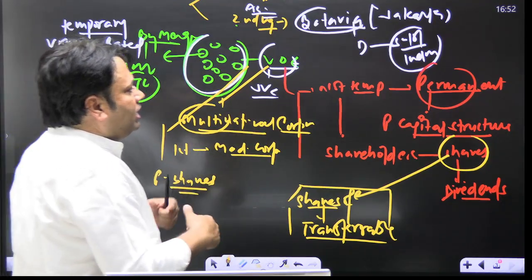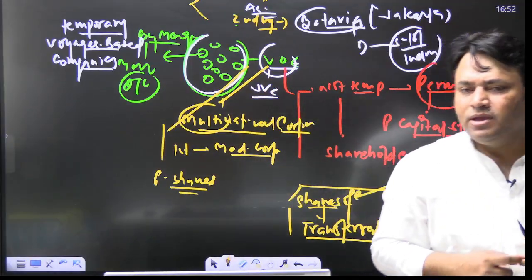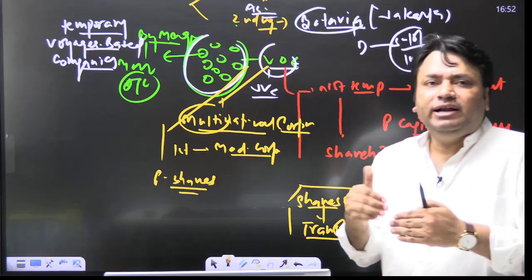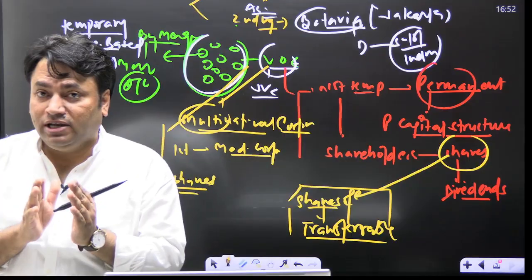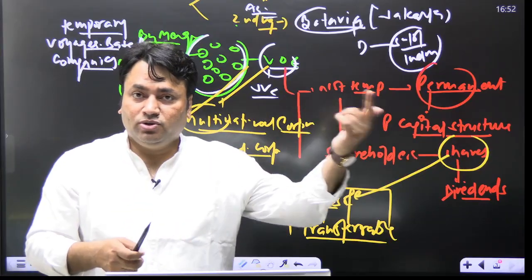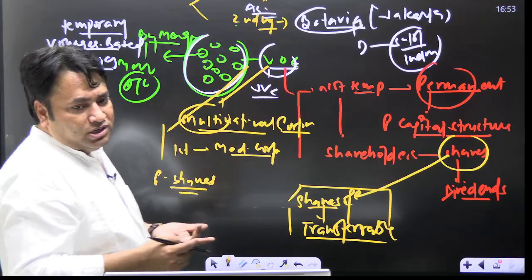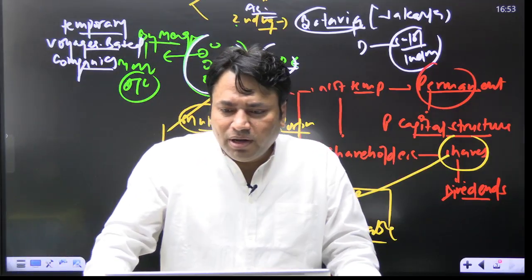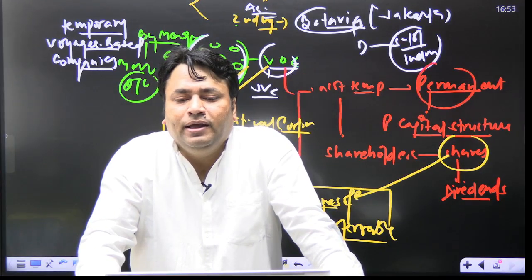And if you calculate the valuation of this company in current terms, it will be equivalent to almost 1 trillion in modern terms. At that time a 1 trillion value would have been very high, but I am talking in modern terms. So this was the first permanent joint venture company, the Dutch East India Company. Now,